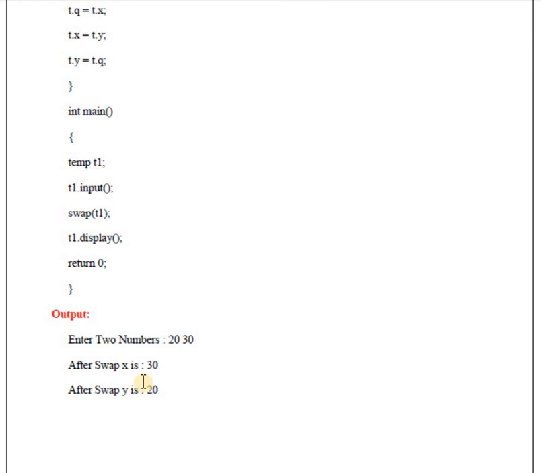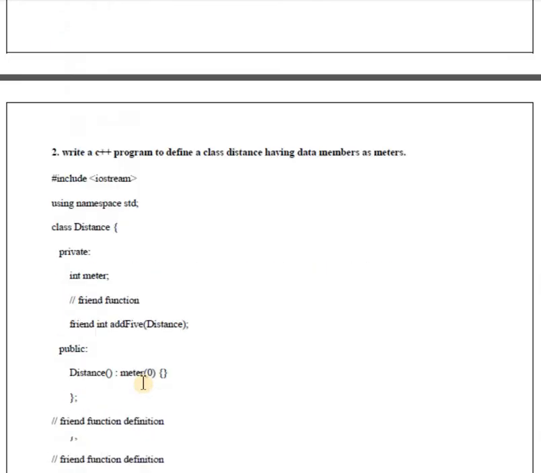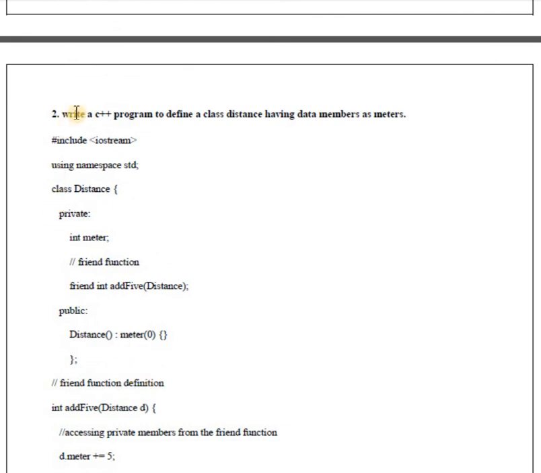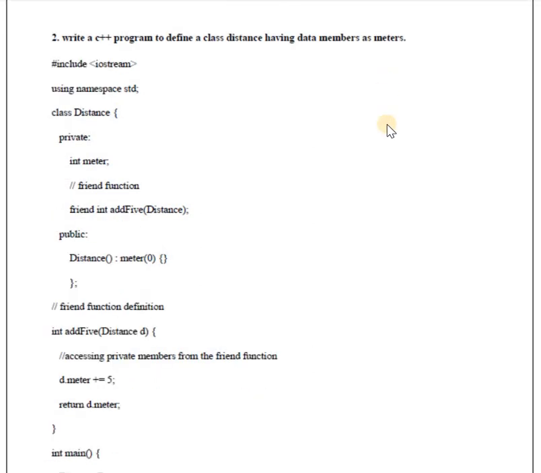This is the program. Next, there is another program. Write a C++ program to define a class distance having a data member as meters. For that, here a class distance is declared. In that distance class, one private member meter is declared.